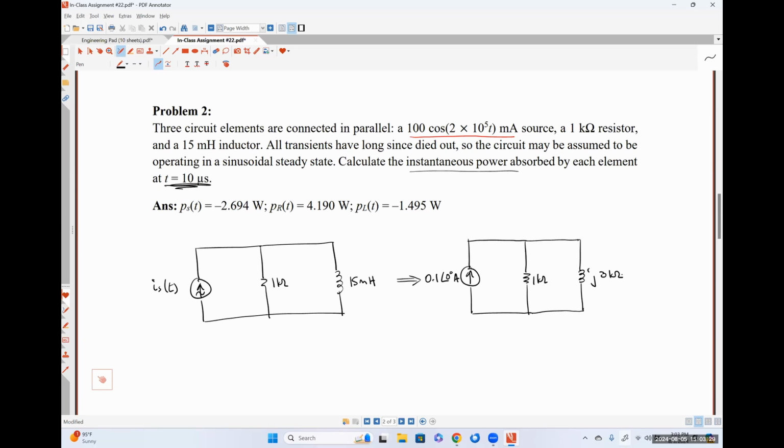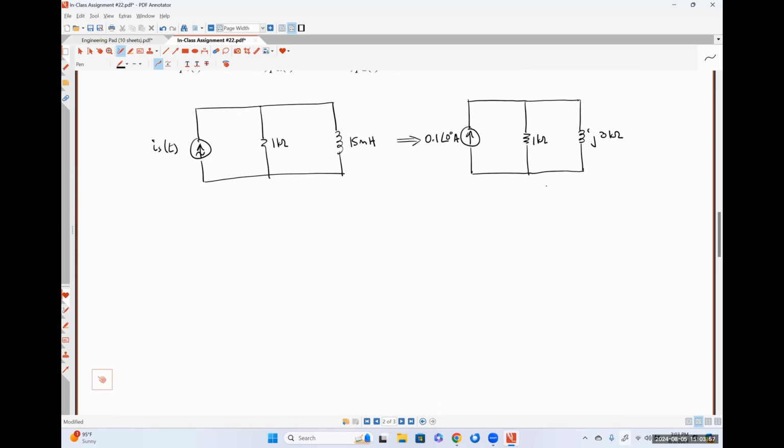Okay, so we have converted our circuit from the time domain into the frequency domain. And our ultimate goal is to calculate the instantaneous power absorbed by each element at a particular time. So let's start with our current source. So for our current source,